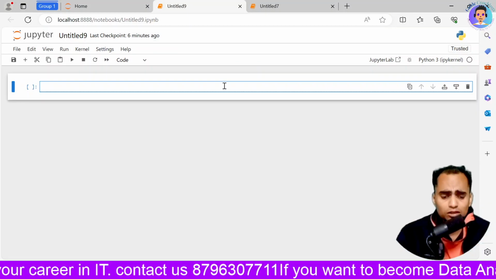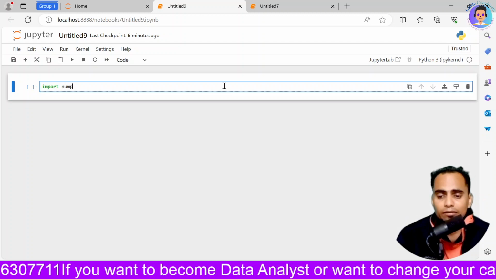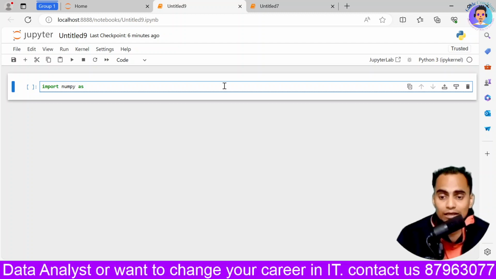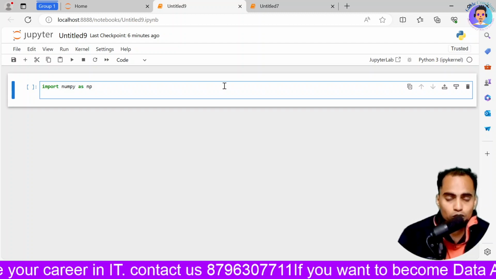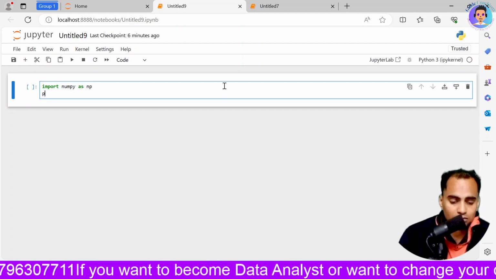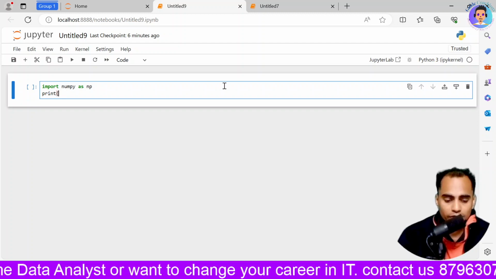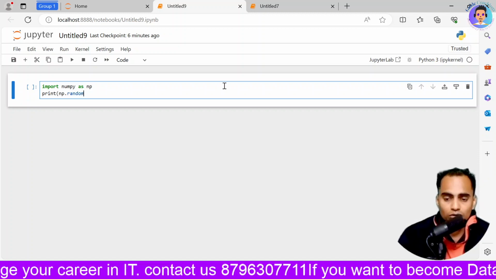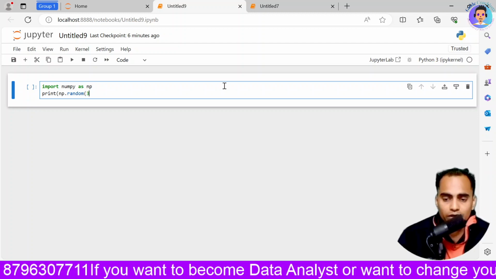So first of all, I will import NumPy as np, declaring np as an alias. And then over here I will print np.random and then write 3.